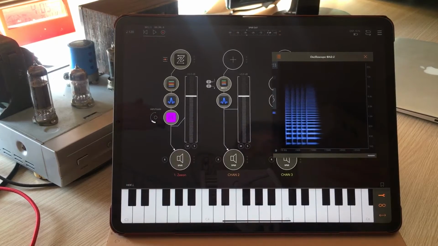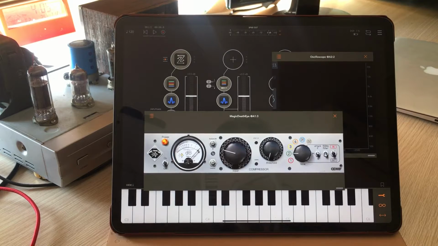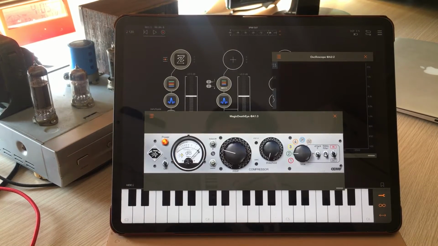Right. So why would you want to do this? Well, there are a lot of apps. I wouldn't say a lot. If we look at the desktop platform, there are quite a few apps that do multiband processing. On iOS, we have a few apps that do effects multiband. We've made some ourselves, and there are some nice ones that do like